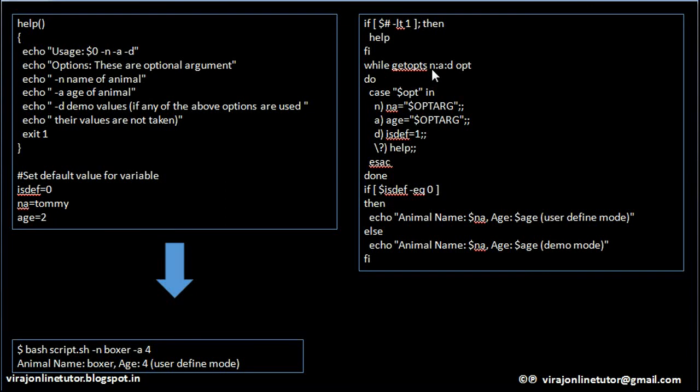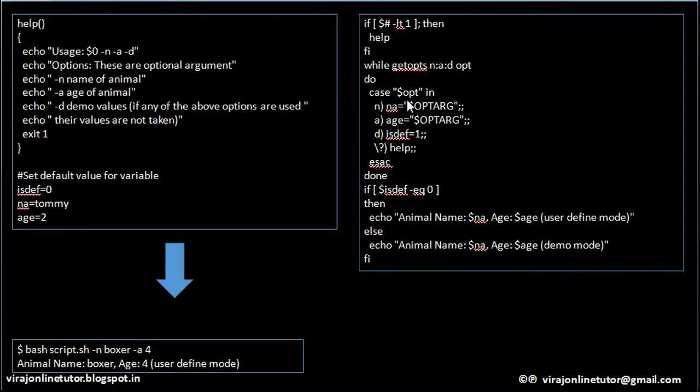So while getopts possible values n, a, d, opt, do the following. If the user had typed in one of these three values, it will assign that particular character to the opt variable, and now I am using a case block to check what is the value of the option that is being tracked now. So first I am passing n, right? In the first loop it will indicate that n is passed by the user, and it will save n in opt.